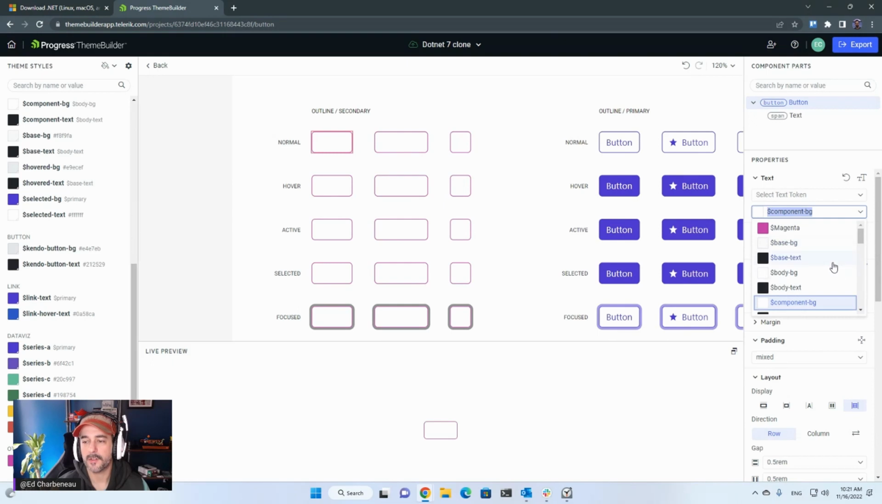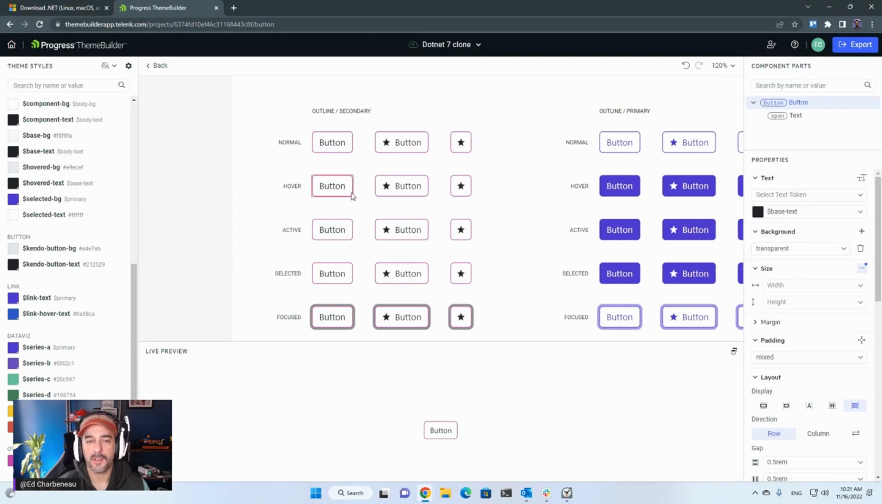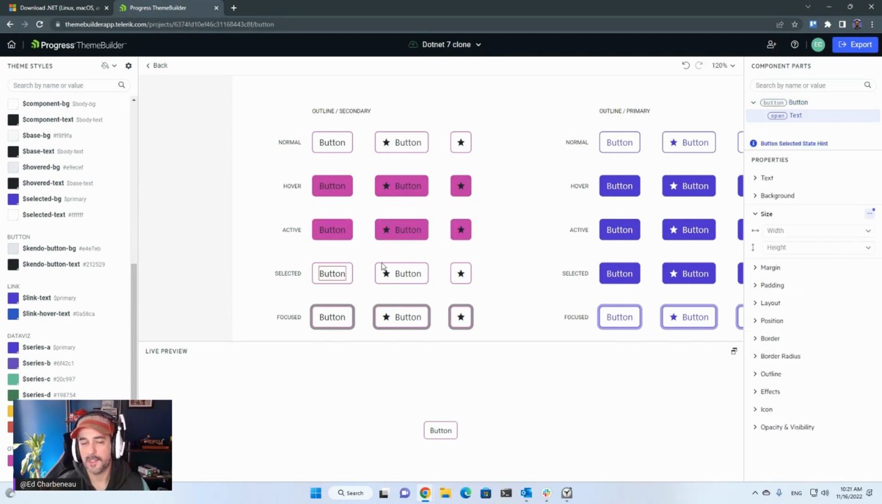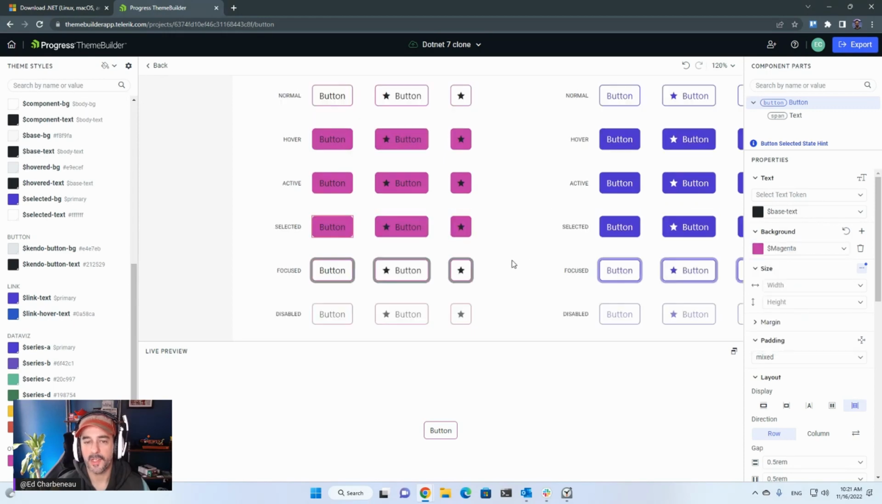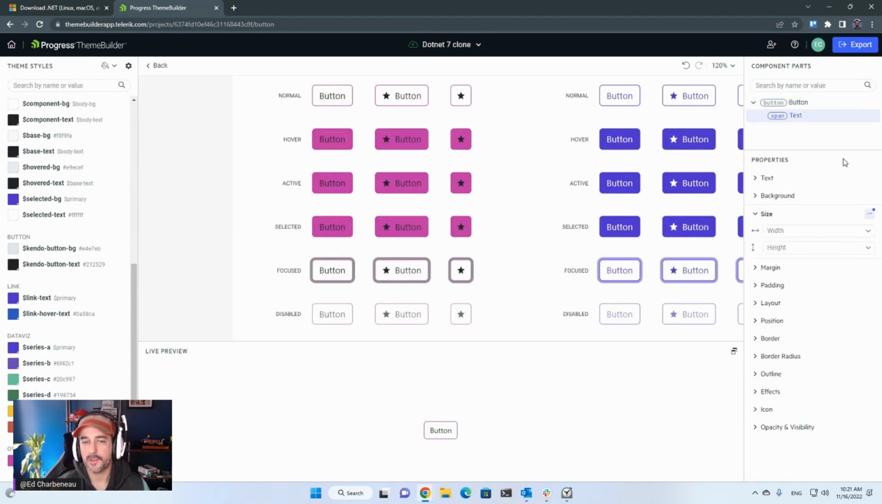So I'm going to go back over here, set that to base text again. And then on the hover states, I'm going to go ahead and set the backgrounds to magenta manually there. And if you set it at the top level, it'll cascade down through these components here, the subcomponents. So I'm just trying to match it up with the right-hand side. So those look good. And then I want the individual text pieces here to be